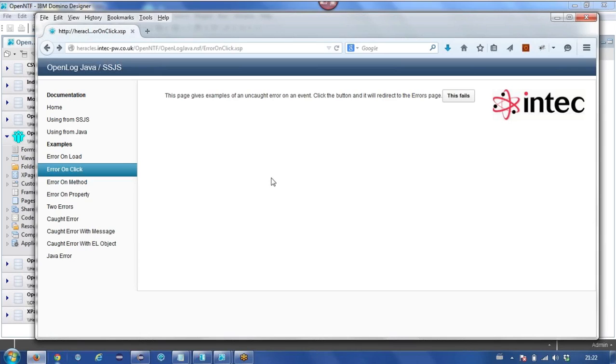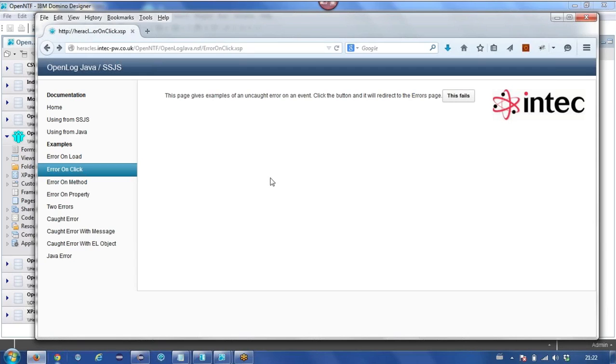Yep, so I've got the OpenLog demo database. So this is the XPages OpenLog logger from OpenNTF. It started off as just a bunch of Java files that were in the XPages help application.